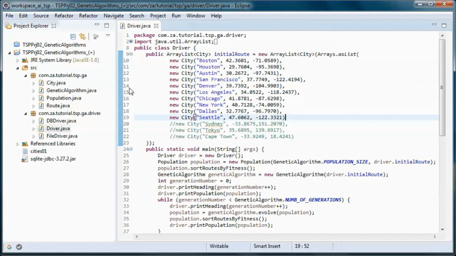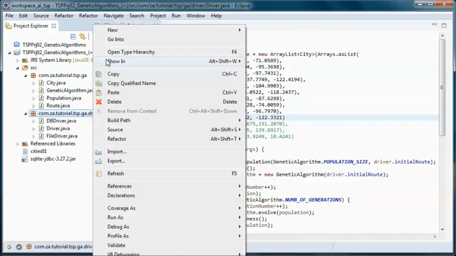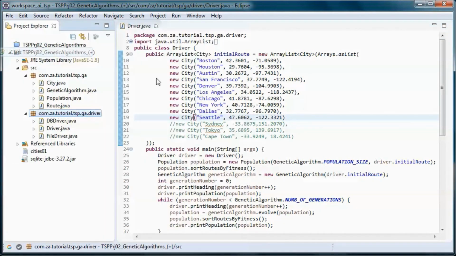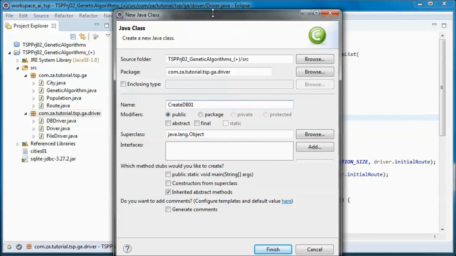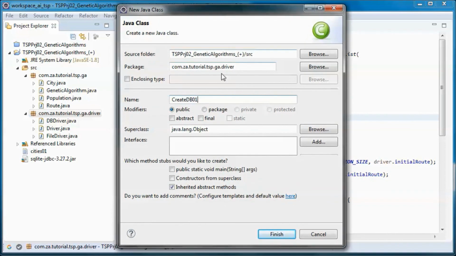And for storing the data in a database, we'll have this class that will create and populate the database.